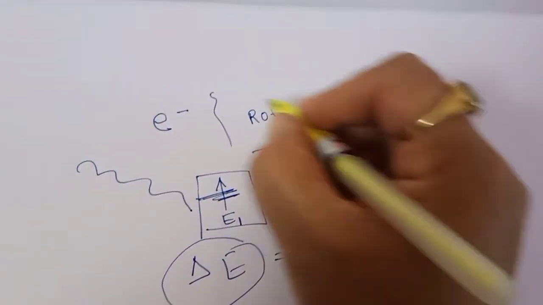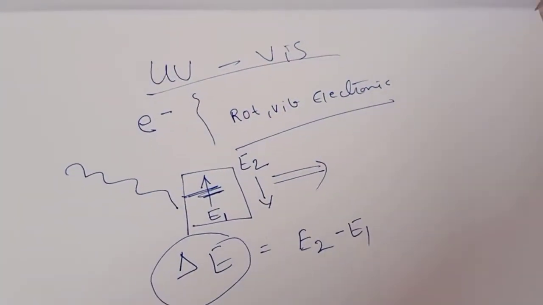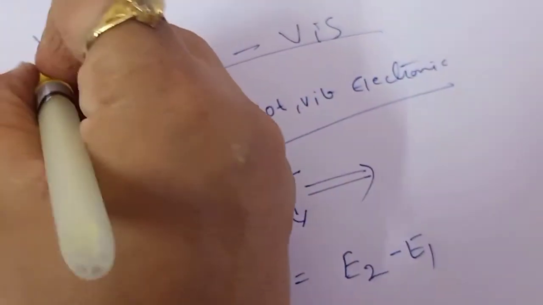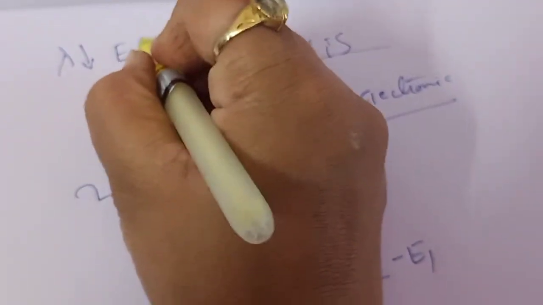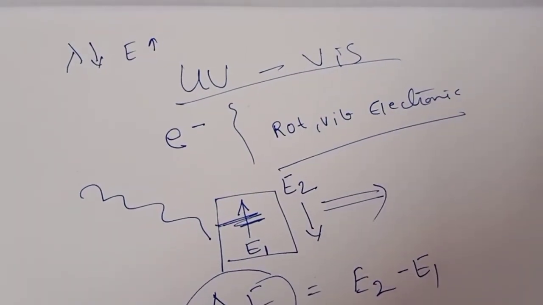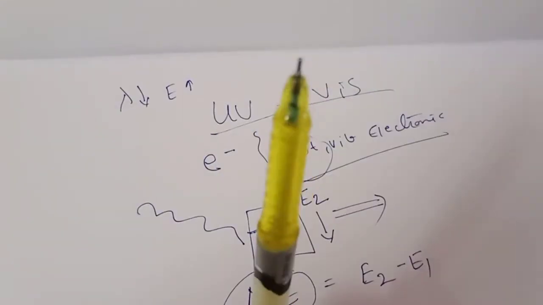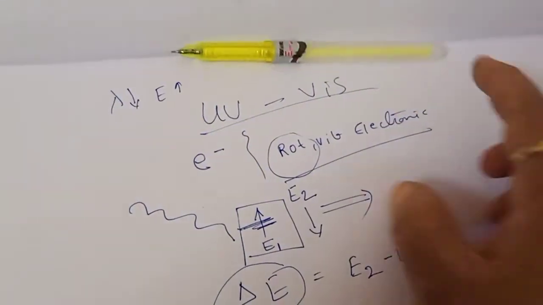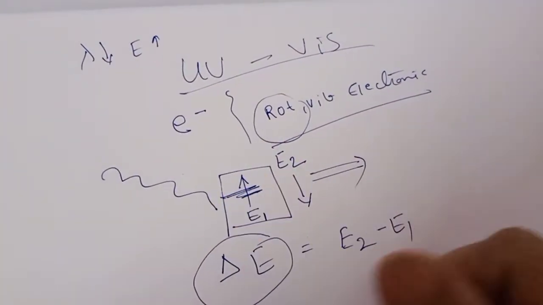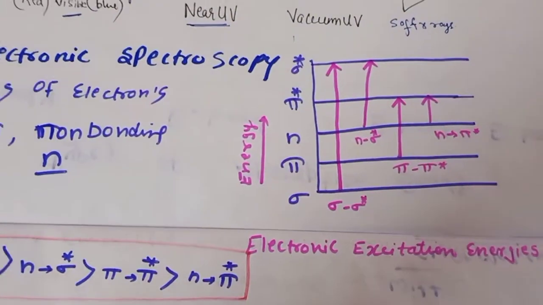When we talk about ultraviolet and visible spectroscopy, these are high energy radiations because their wavelength is less. We know that when the wavelength is less, the energy is very high. So these radiations will cause electronic transitions. The molecule can easily rotate first, then it can vibrate, and the highest energy is needed for the electronic transition from one level to another. As electrons are involved here, this is known as electronic spectroscopy. For the details, please watch the video on introduction of spectroscopy.